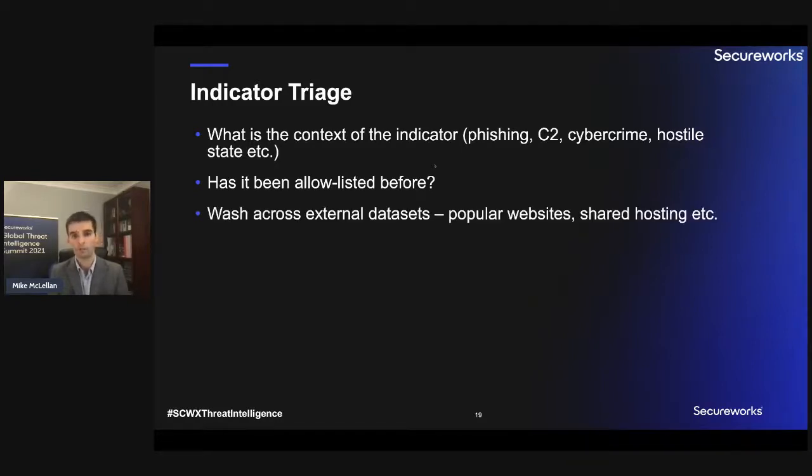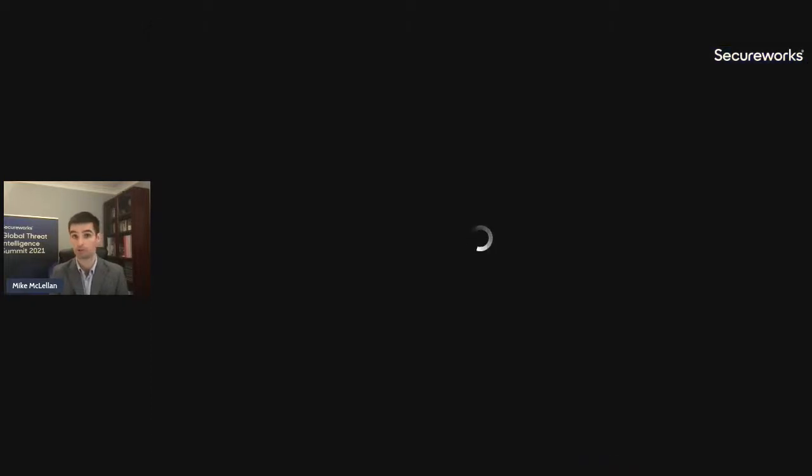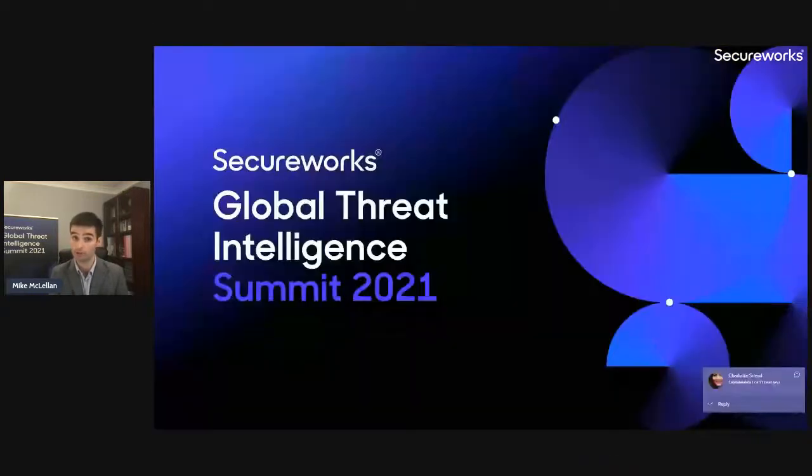We can wash the data across external data sets. So we can look at things like top 1,000 domains, or we can look at whether an IP address is hosting hundreds of domains, that might indicate shared hosting. These things can all be decision inputs to help us decide how we process an indicator and part of our triage logic. And we can look across historic client telemetry across all geographies and verticals, looking for things